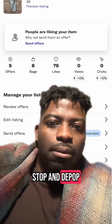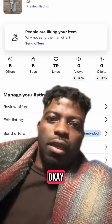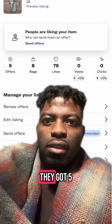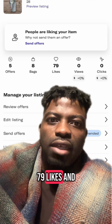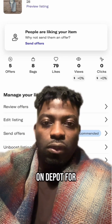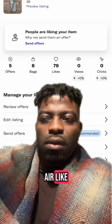I want to touch on this topic: when you have stuff in Depop that has been sitting for months or even years. Somebody posted a screenshot on the forum saying they got five offers, 8 bags, 79 likes, and many views. Sometimes items sit on Depop for so long, and you're scratching your head wondering why